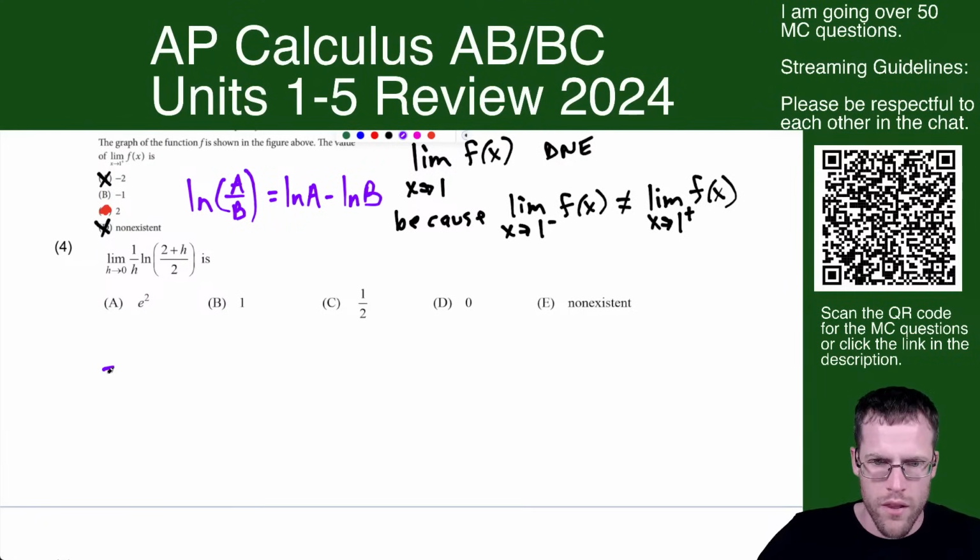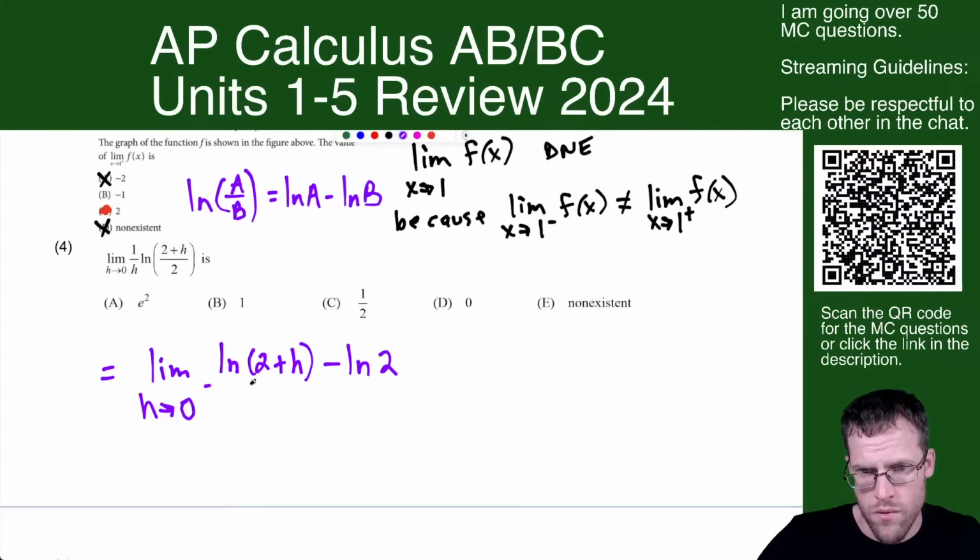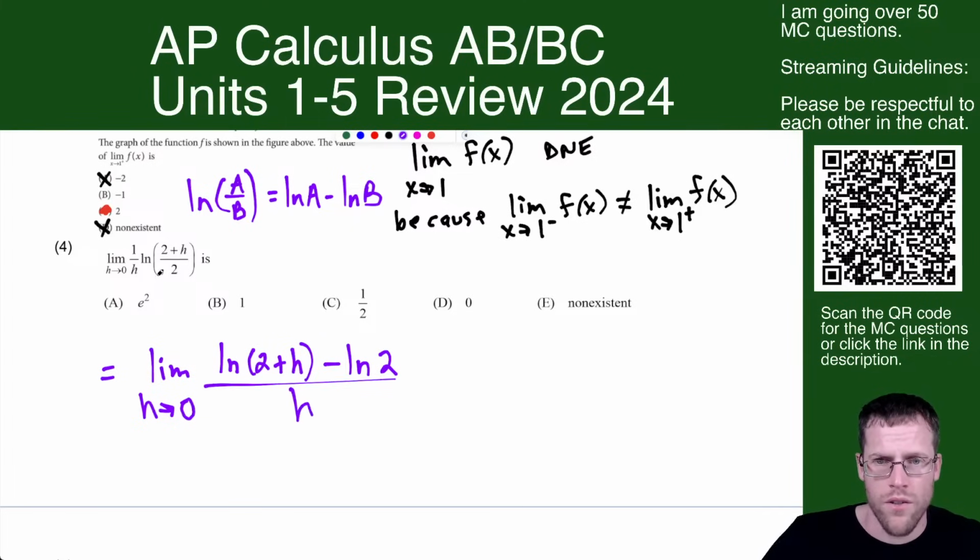So this one, before I L'Hopital, I'm going to do the limit as h approaches 0 of natural log of 2 plus h minus natural log 2, over h. Okay, so 1 over h multiplies to just make a denominator of h. And then here, if I plug in 0, I get ln 2 minus ln 2 is 0 over 0. But if I L'Hopital this,